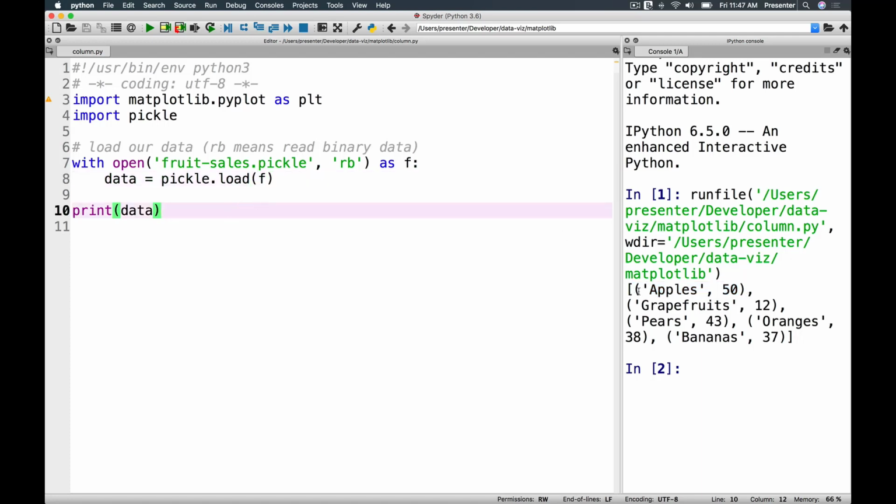It's in this format, but to make our lives easier to work with, we can split this list of tuples out into two separate lists. Essentially we'll have one list that has all of the fruit, and another list that has all of the numerical values. Using a Python function called zip, I can say fruit, num_sold equals